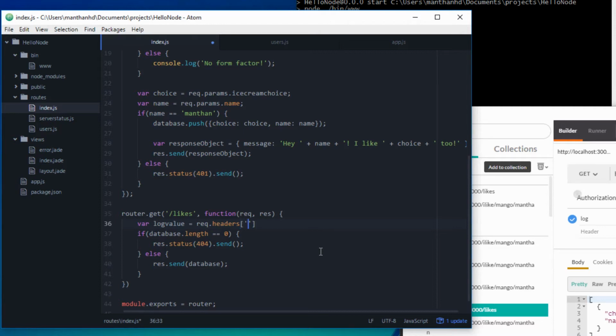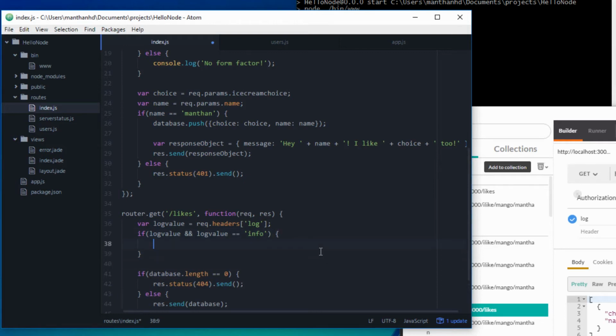So we're going to say give me the value for log. And if log value is defined and log value is info,